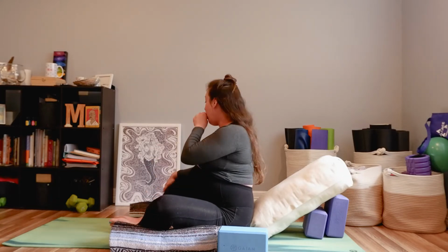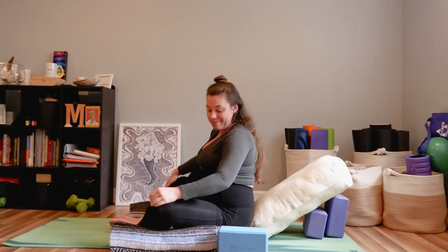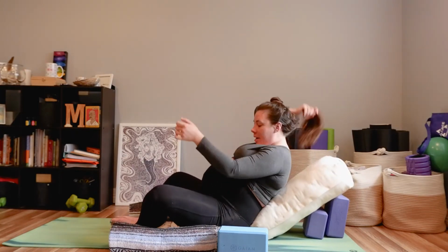So we're not really letting gravity take complete control here, because later in our pregnancy, that relaxin really starts to kick in, and there's definite possibility of overstretching or staying in a posture for too long. From here, we're gonna lay back on that bolster, nice and supported by our blocks and